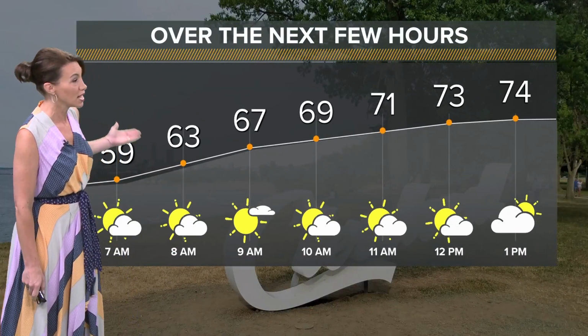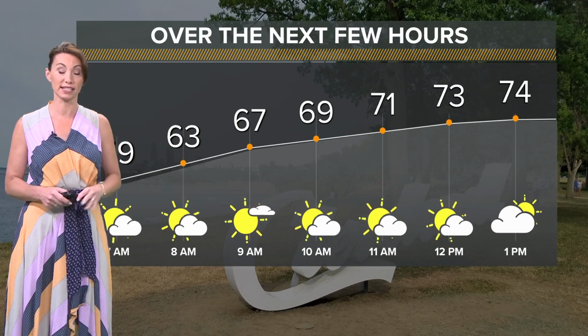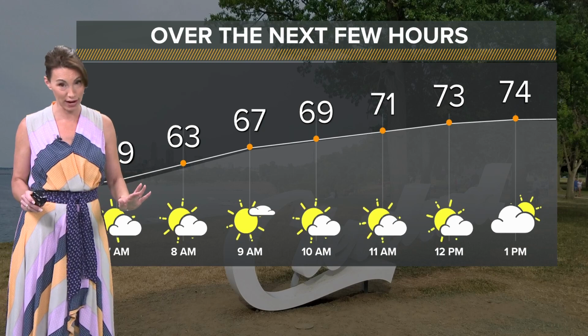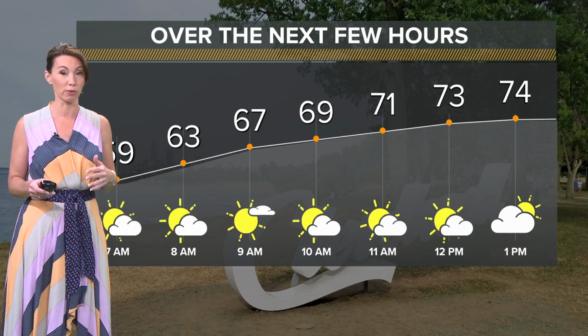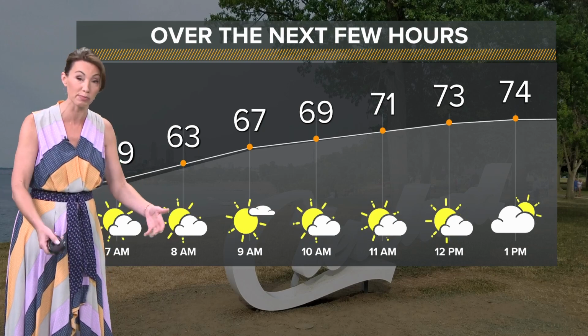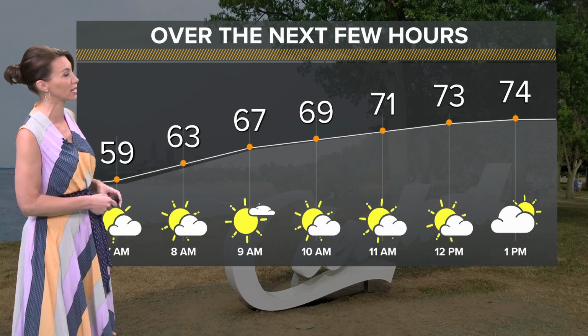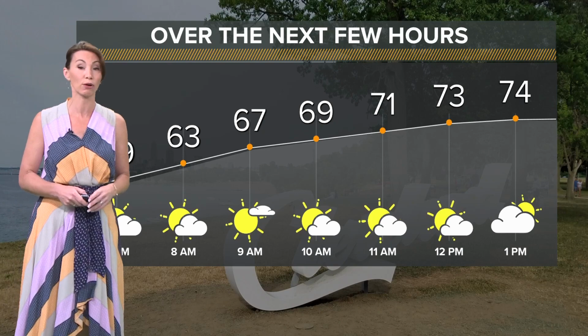as far as the beaches go. Temperatures are going to be shooting into the 70s today. We're going to pump the brakes on the heat for just a little bit. I think that's just fine for a lot of folks. This is good and bad though, because the heat actually helps us to dissipate a lot of the ground water that we have been collecting over the past week. So we do have a chance to drain out a little bit today,